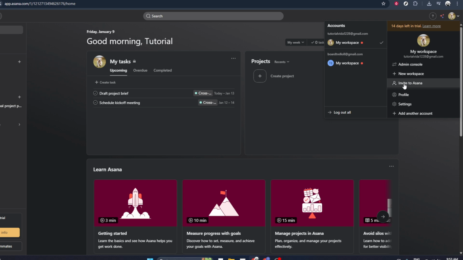Before you send the invitations, you may also see optional fields where you can specify which team or workspace they'll join, or even add a short custom message. If that's available, it can be helpful to write a quick note explaining why you're inviting them or which project they should look at first. When you're ready, confirm